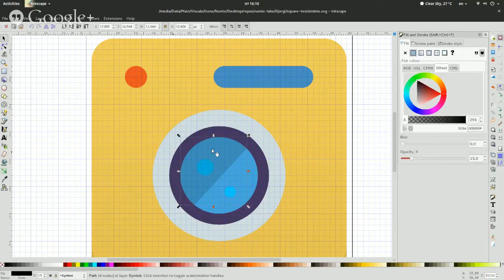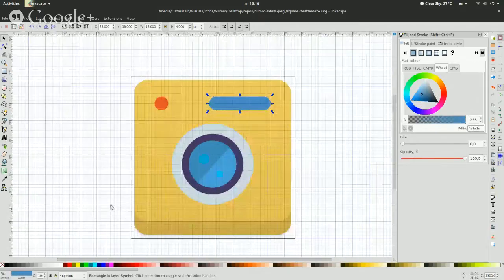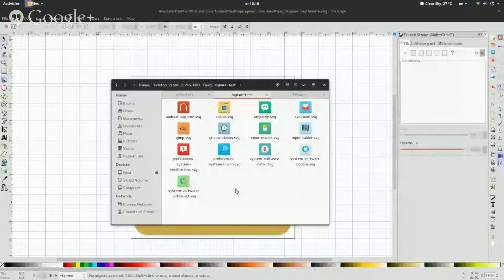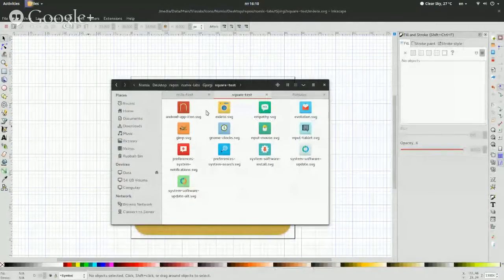You move that to the top again. And now you save just to see what you've done. And if it actually looks fine, well, it does look quite fine. But as you can see, on smaller sizes, these two circles need moving. So the circle on the right needs moving to the top, and the circle on the left needs moving to